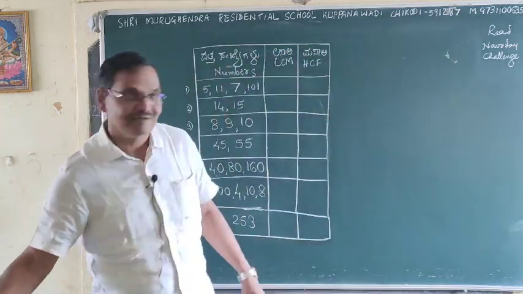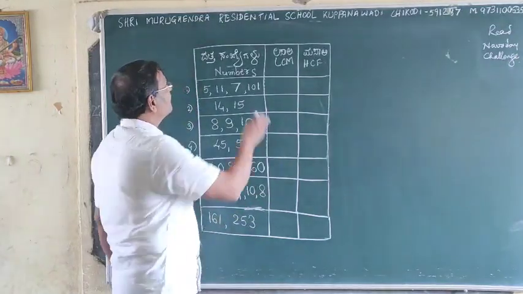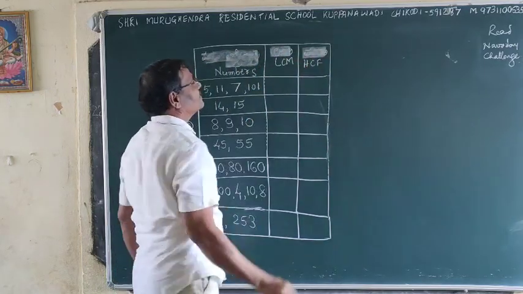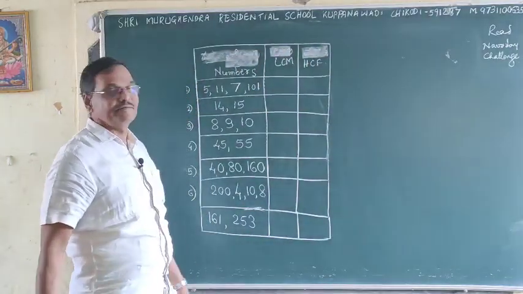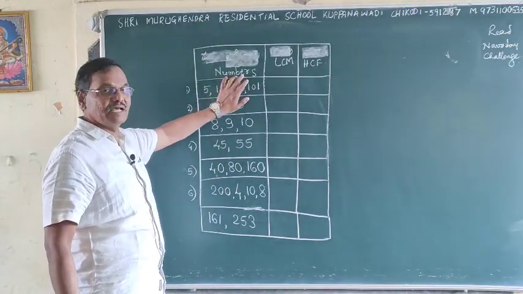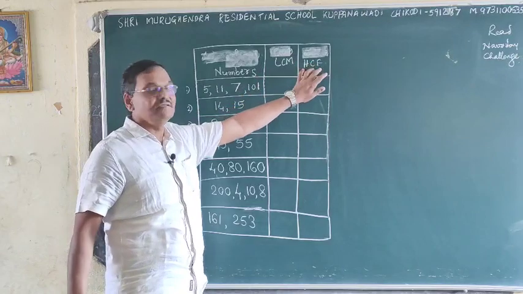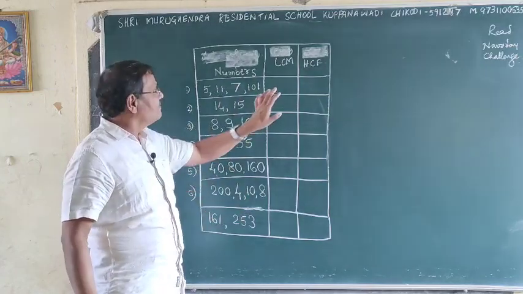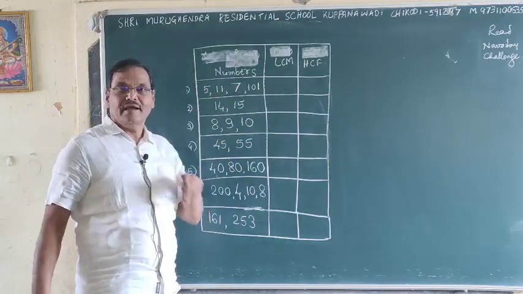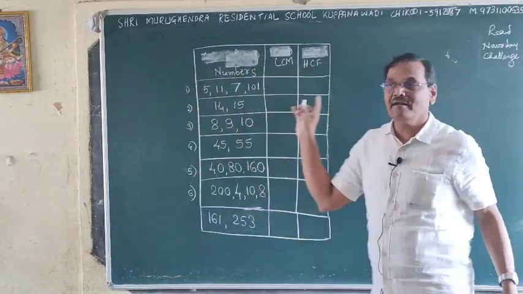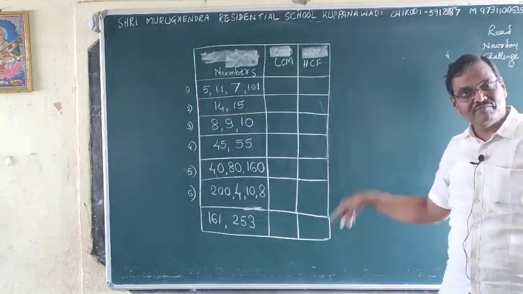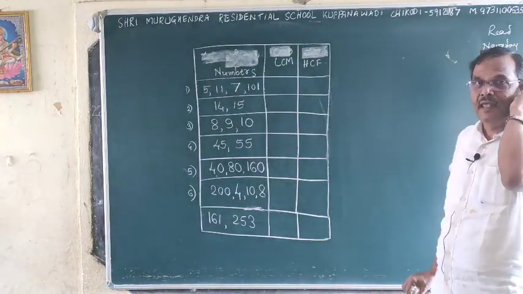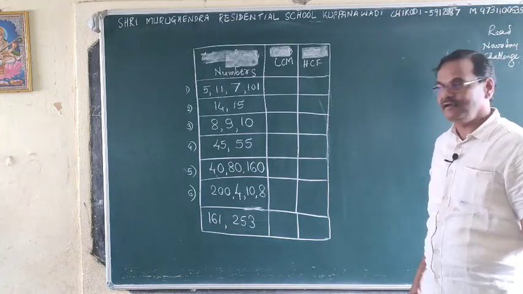Here on this blackboard I have given this table. The given numbers are here, whereas this is LCM and this is HCF. We have to find them here, fill in the blanks. Some are by mouth calculation, some are done with a chalk piece. That is what we have to learn now, applying some rules and then we can find them.